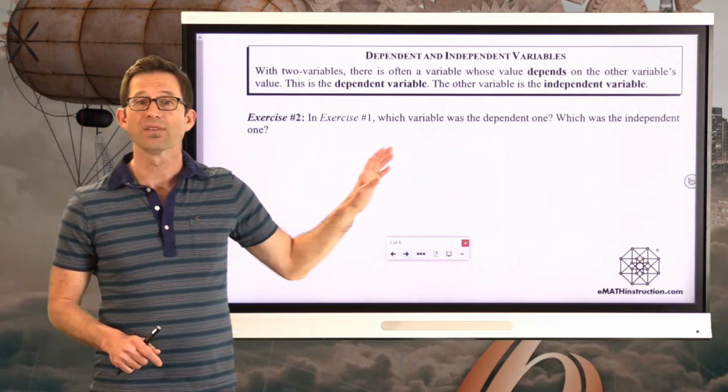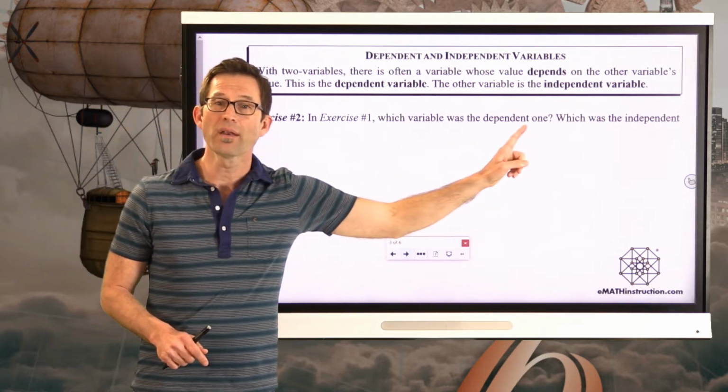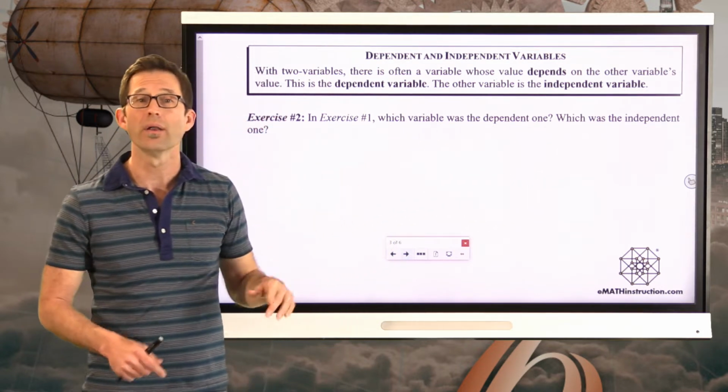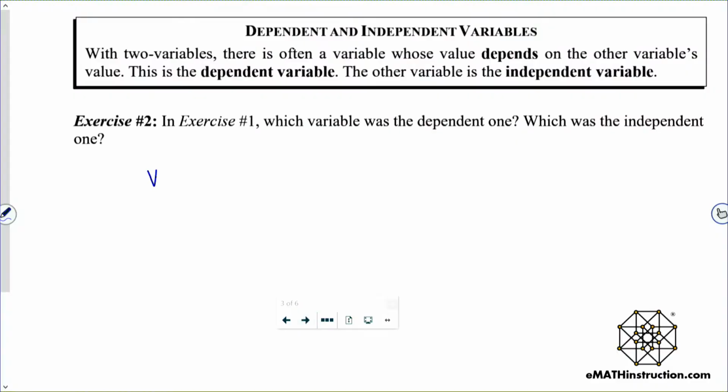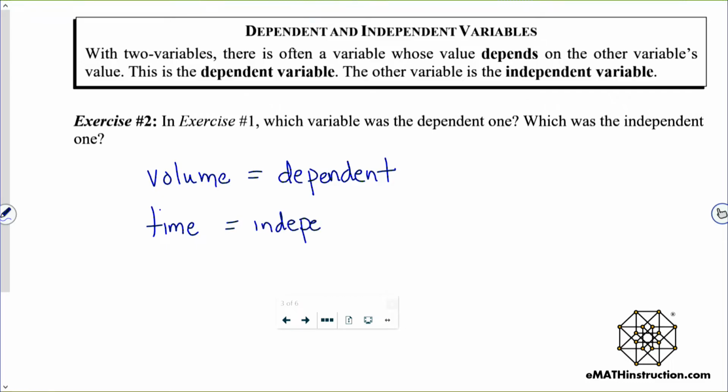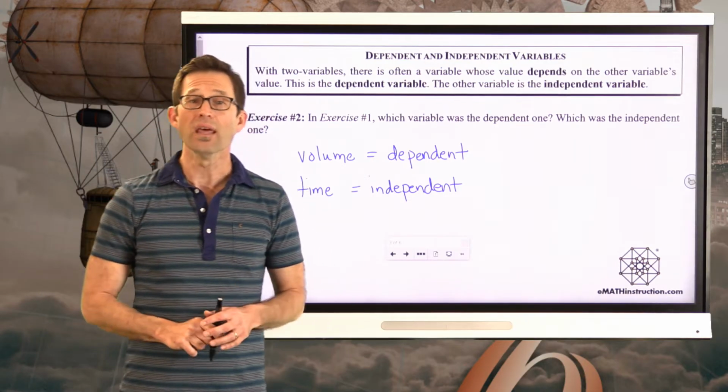So in exercise 1, which variable was the dependent one, which was the independent one? Well, the volume, as we pointed out, depended on the time. So the volume was the dependent variable. And the time was the independent variable. Very often in situations where one of the variables is time, that is the independent variable,